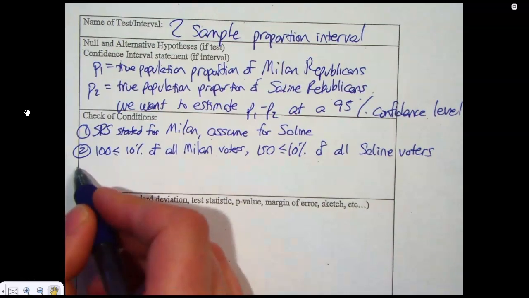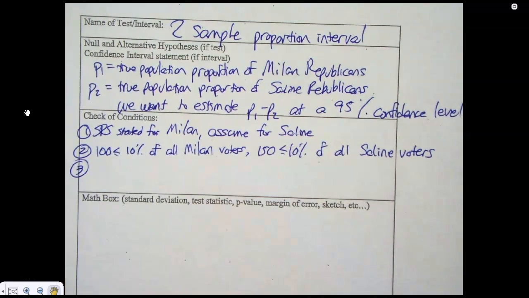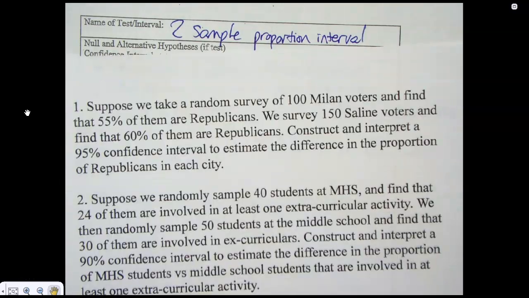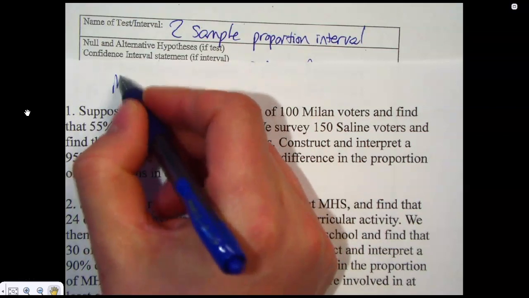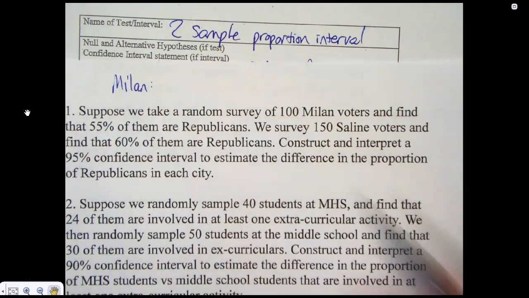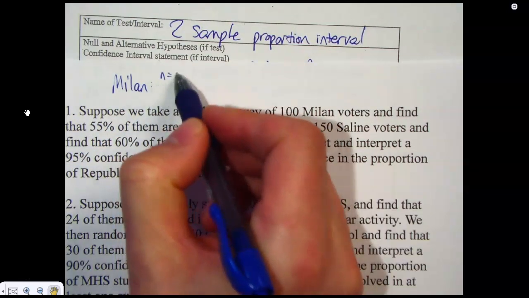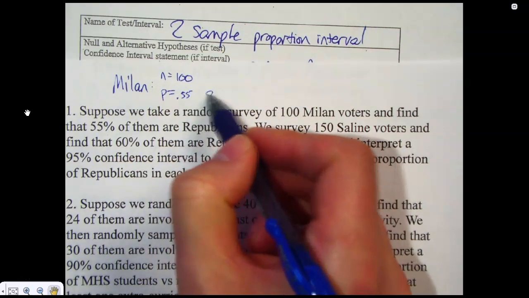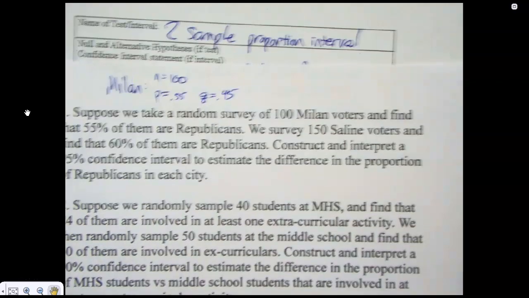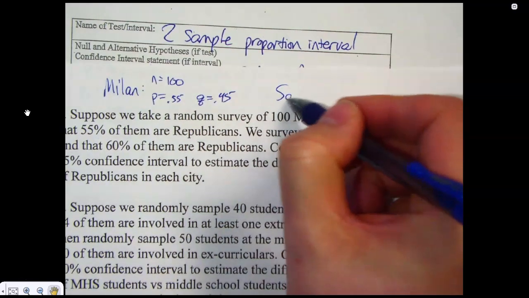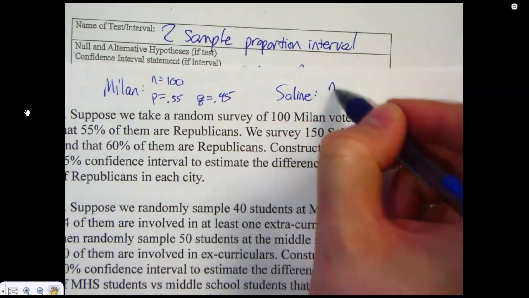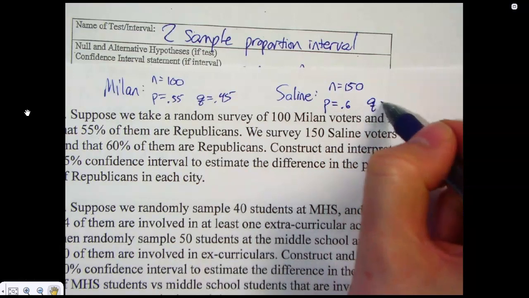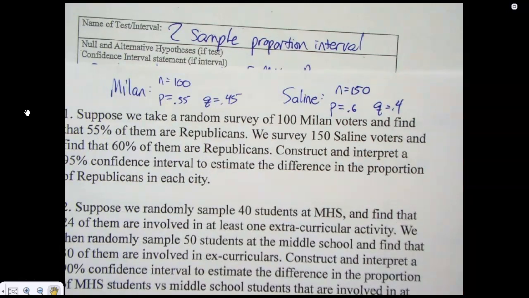And then I'm going to do the NP and NQ thing. It might be helpful at this point to label what's what on the problem. So I called Myelin my 1, and in Myelin, N is 100, P is 0.55, which makes Q 0.45. And I called Selene my 2, and in there, N is 150, P is 0.6, which makes Q 0.4. Now, that's just me summarizing